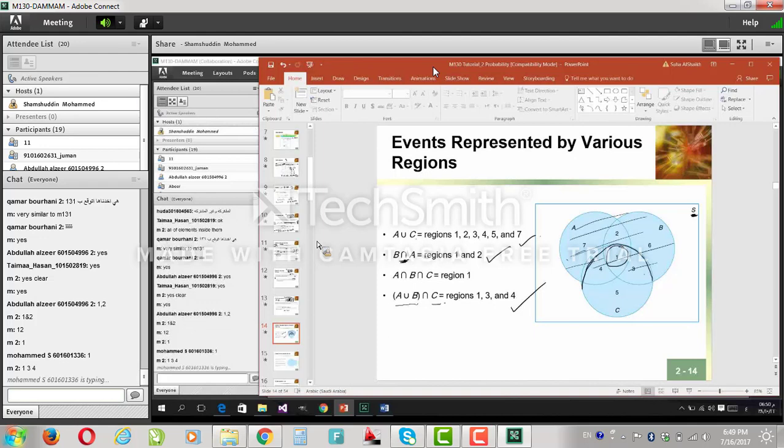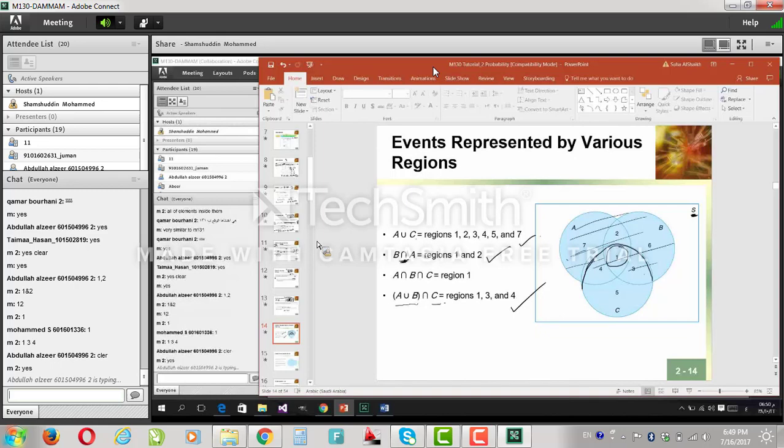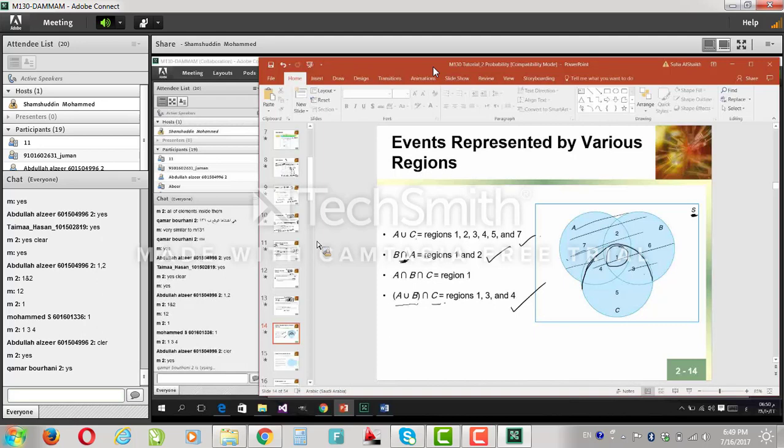So this is the A union B intersect the C here. Clear? Good. Next,